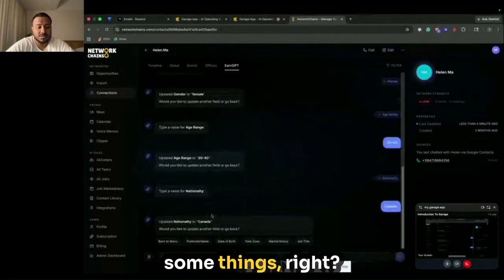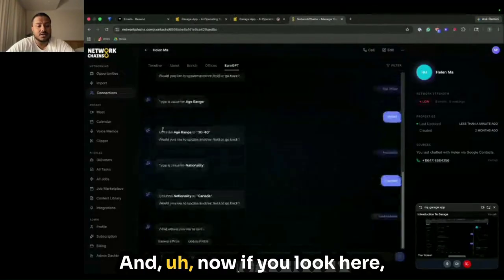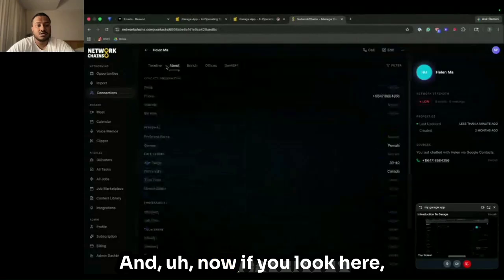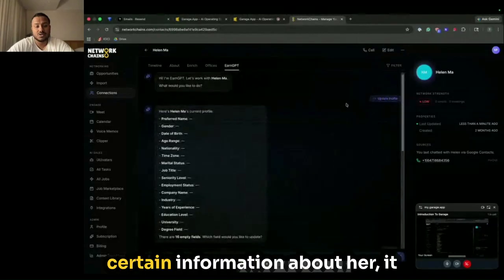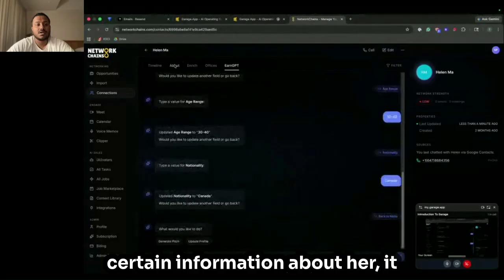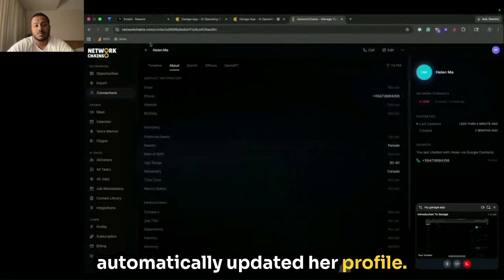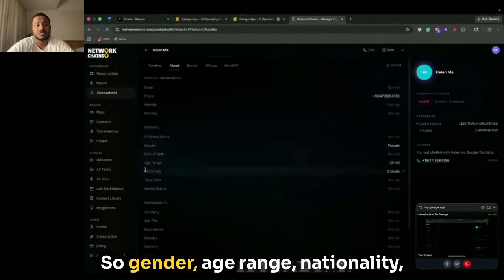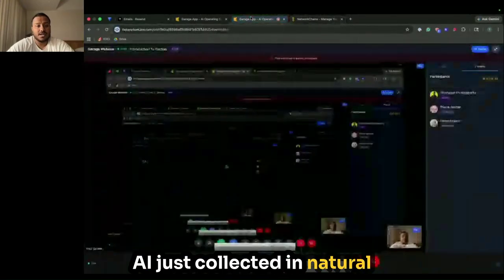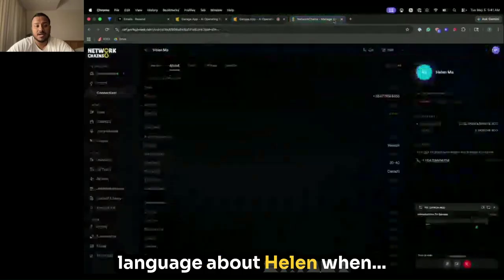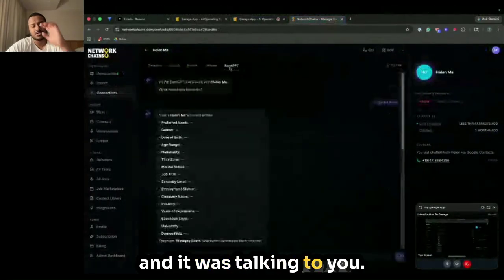So I'm just updating some things. And now, if you look here, as soon as you told the AI certain information about her, it automatically updated the profile. Gender, age range, nationality, these are all things that the AI just collected in natural language about Helen as it was talking to you.